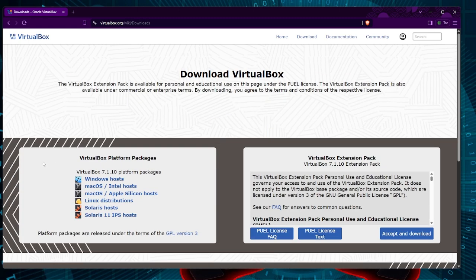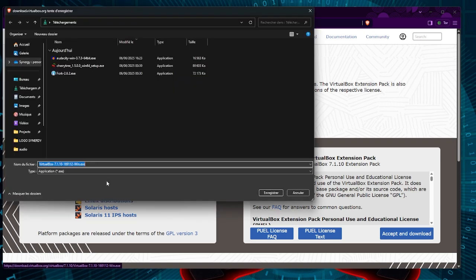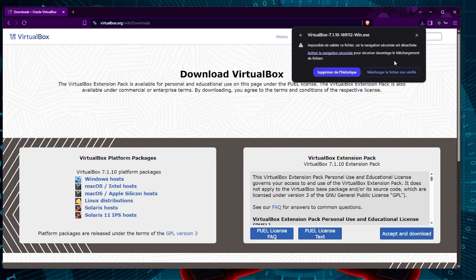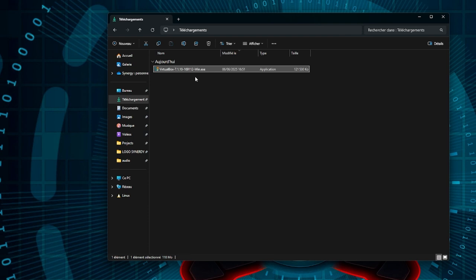The next step, you need to choose which operating system you are actually using. So if you use Windows, you may download the Windows hosts. For Mac, you can use those links, and for Linux you can choose the distribution you are using. So for this video I am using Windows 11, so I will be downloading Windows hosts VirtualBox. For some reason your web browser may block the download, so you just need to go on the download and force the download. So once you have downloaded the file, you simply double click on it